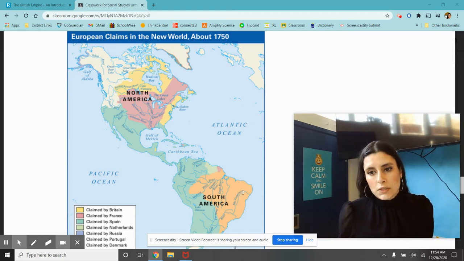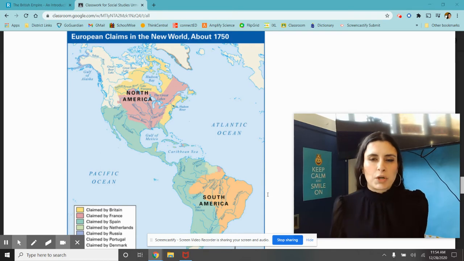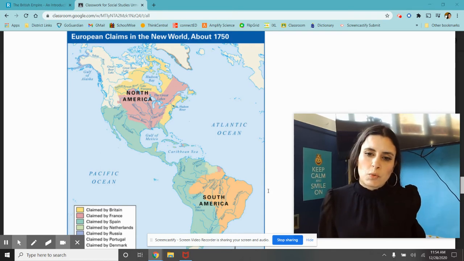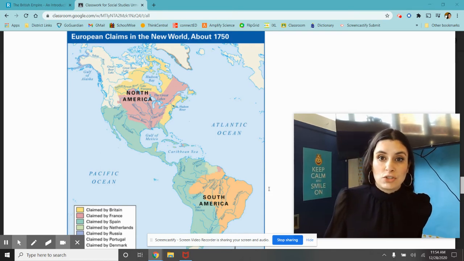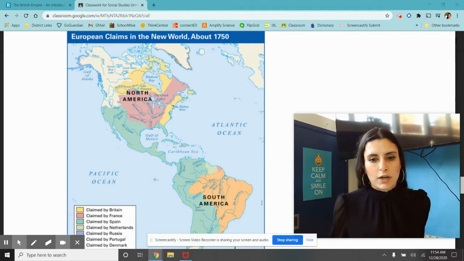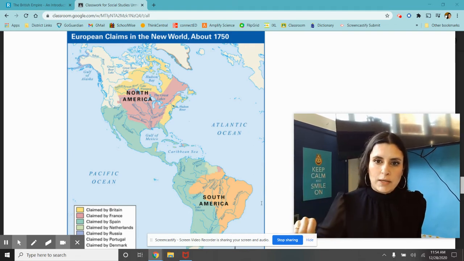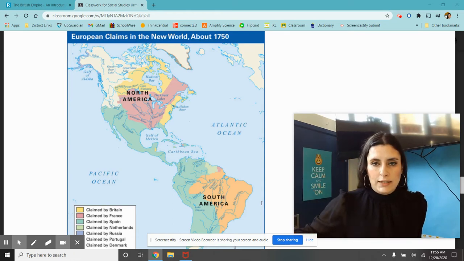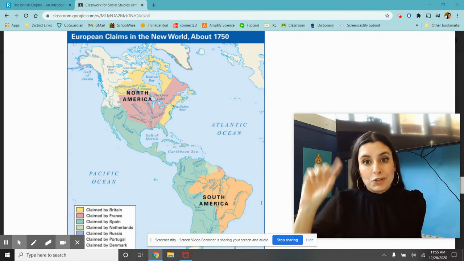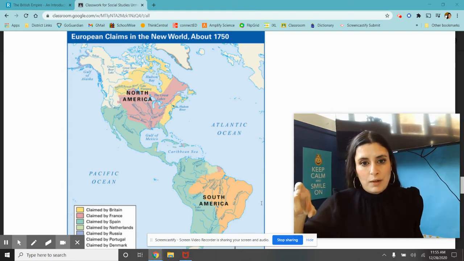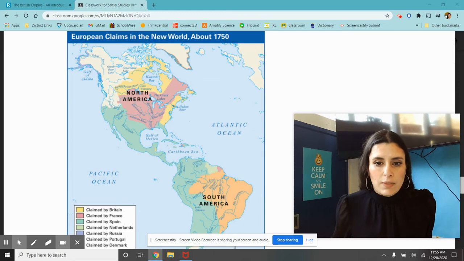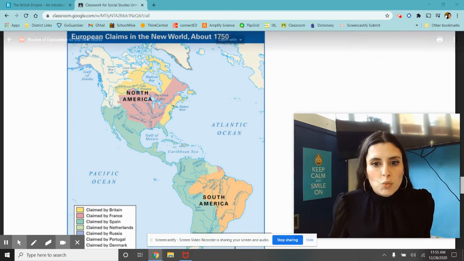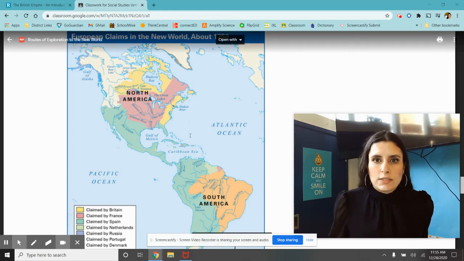Now, what's not here is that Portugal also has a lot of strongholds along Africa, and we're going to talk about that later on in our next chapters when we talk about slavery, because the Portuguese actually start the slave trade from West Africa. They build a lot of their ports because remember, they were going south along the Atlantic and going up around Africa to get to India. So while doing so, they claimed a lot of those ports and lands around there. But right here, this is where we're at. This is where the world is.